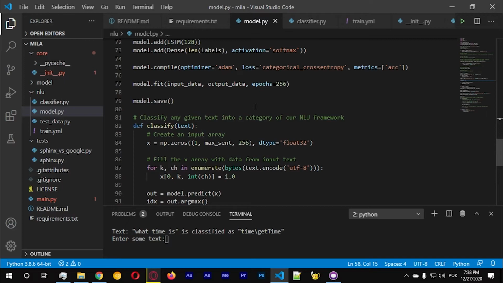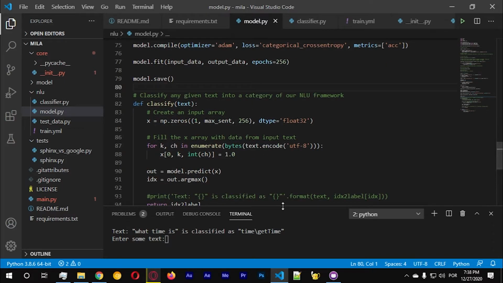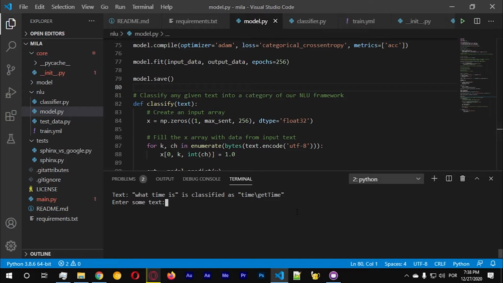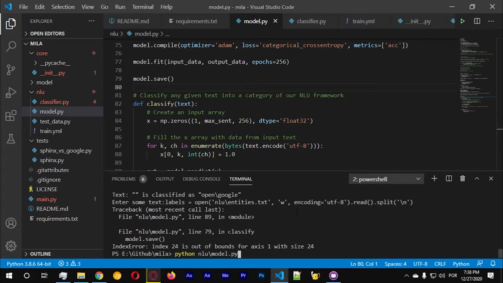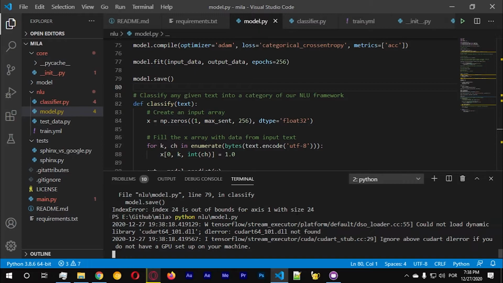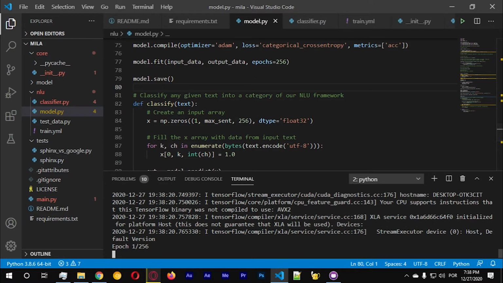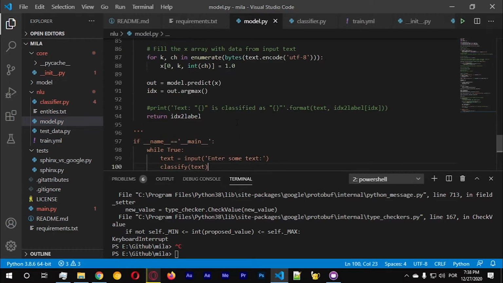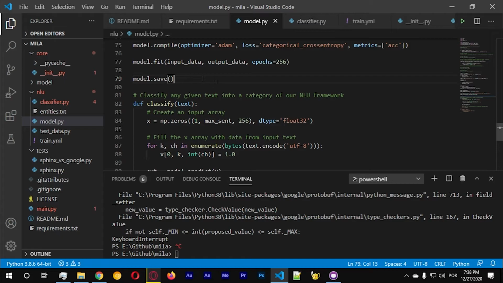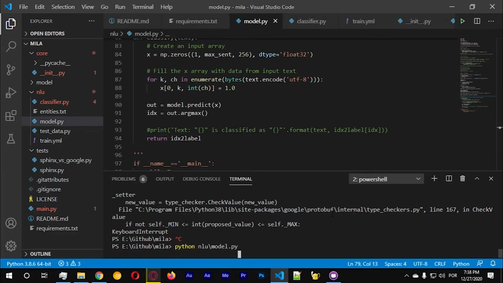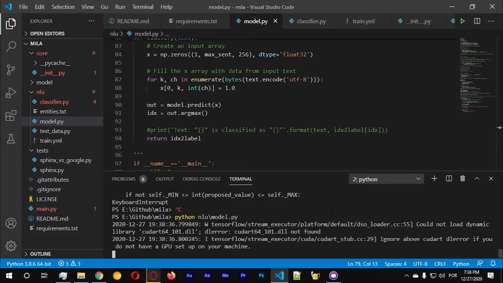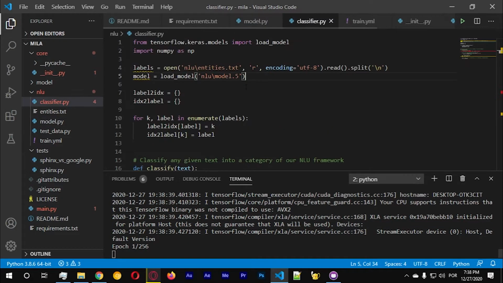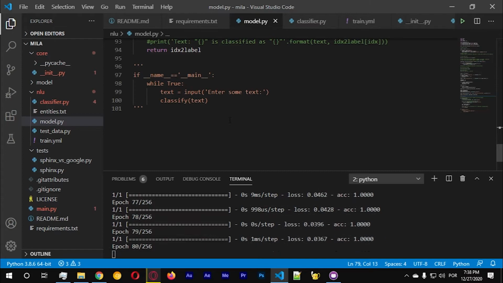I wanna run this again. I wanna run this NLU model.py until it trains. So I need to remove this part here, because we just want to train and save that into a file. We're gonna call it model.save. So let's run this. We should wait until it's completed, and here we're gonna test this out by